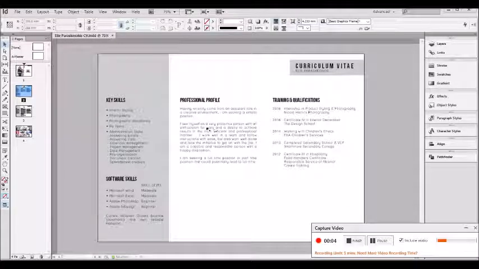Okay, I'm just going to show you how to do a really quick method of outlining text in Adobe InDesign CS6. The reason we outline text is because if we were to save this as a PDF, just as is, this is a CV that I'm sending to someone,